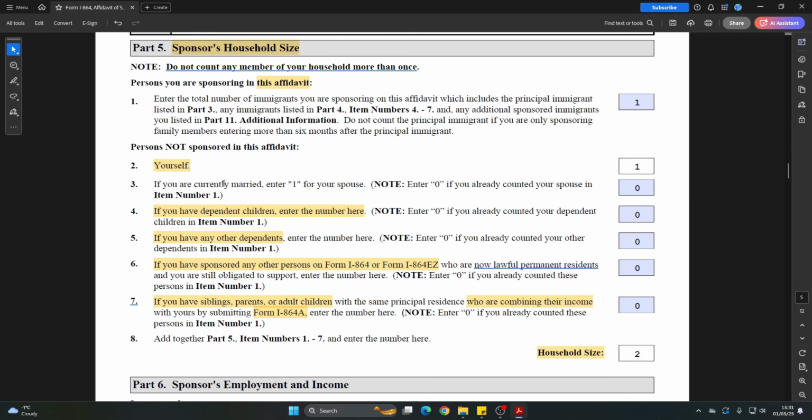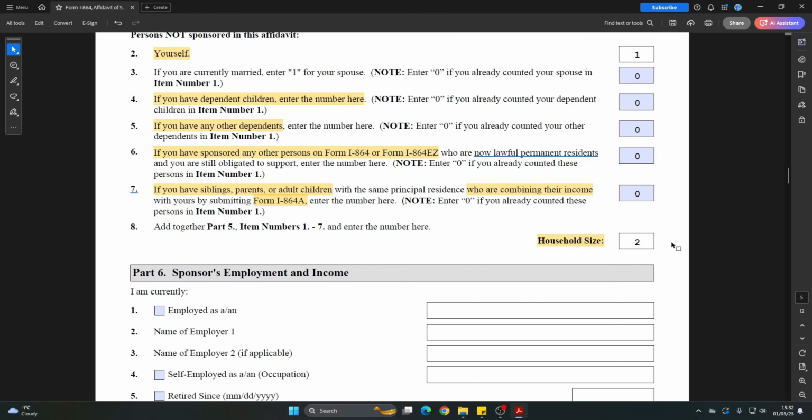As a joint sponsor, don't forget that your household size, that includes people directly in your household, your dependents, your children, your spouse, you also must consider the intending immigrant. So the I-864P requirements must include the additional person or people who are included in the affidavit of support. So moving forward,